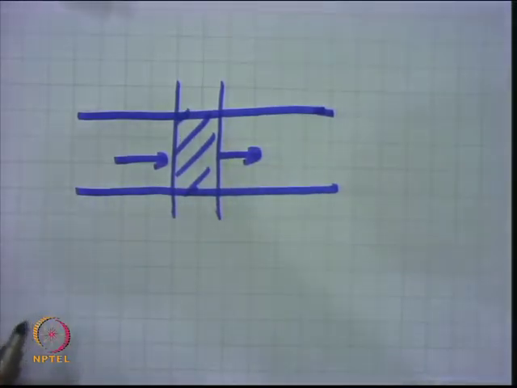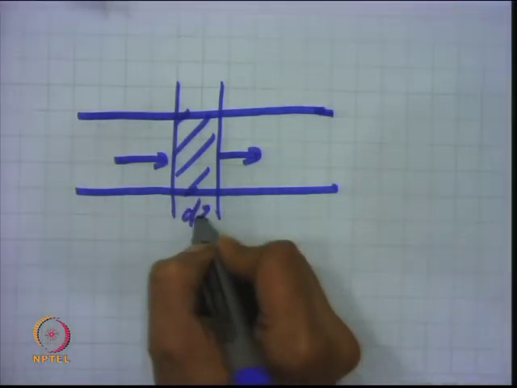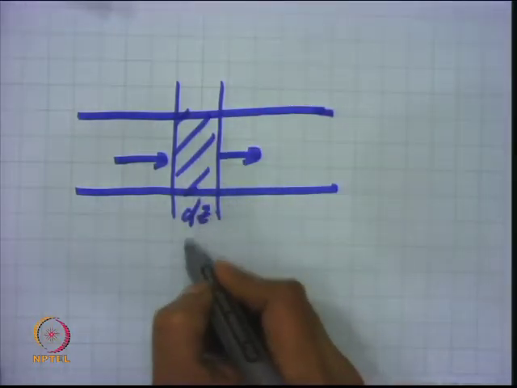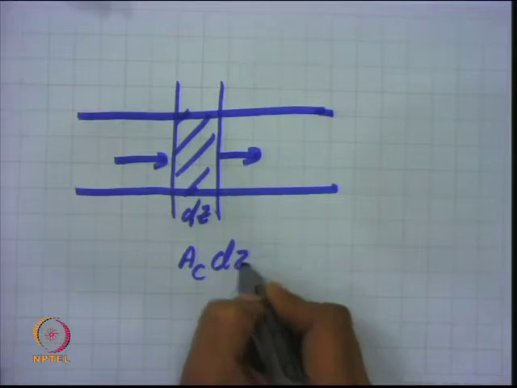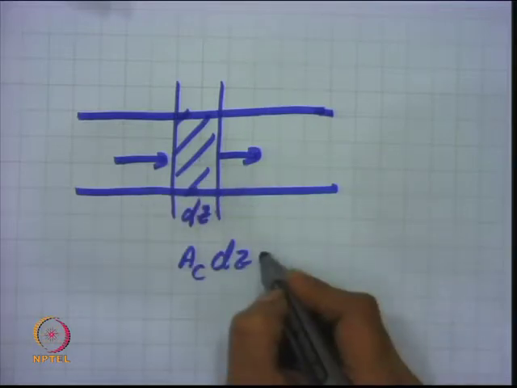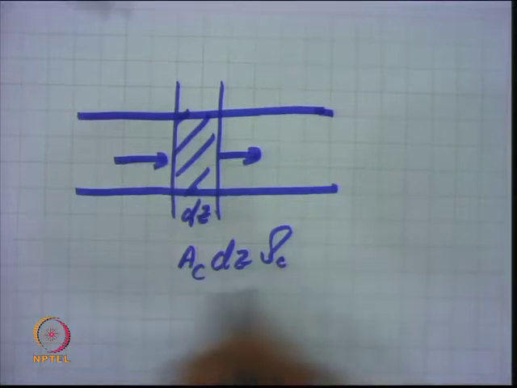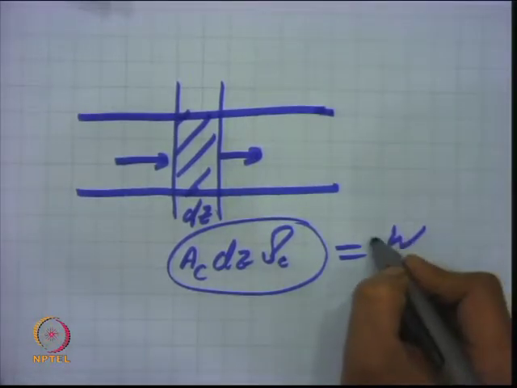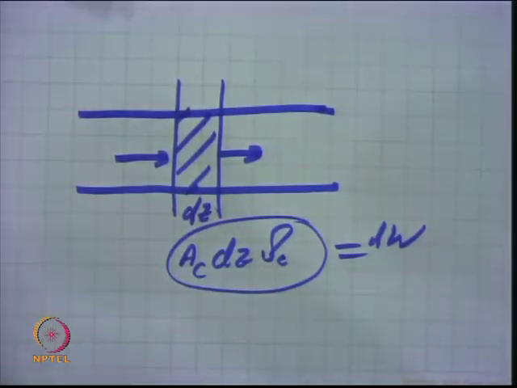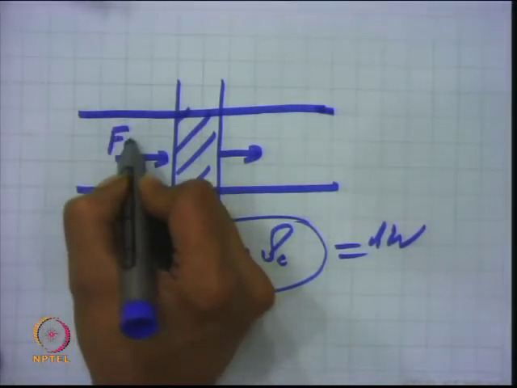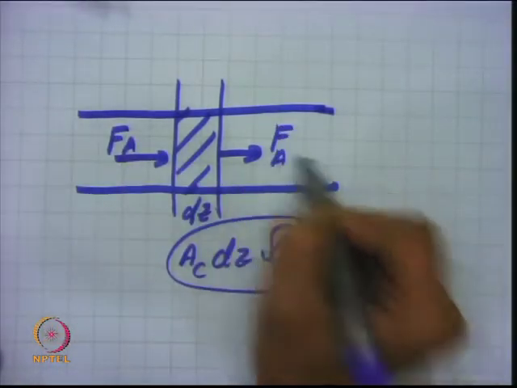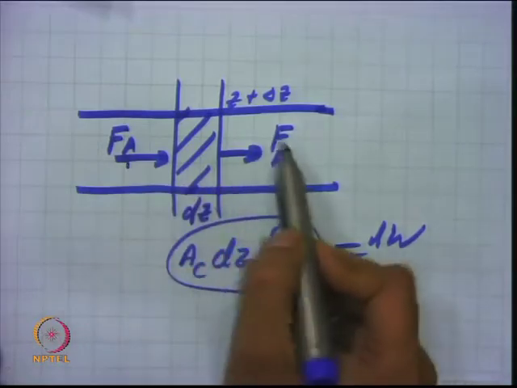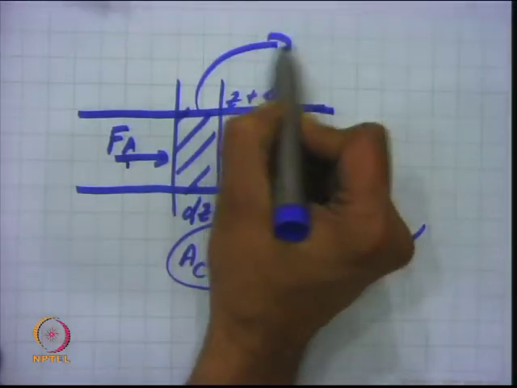mole balance equation, right, and this is the delta Z or dZ in the reactor. So, this is your area of cross section into dZ. That is the volume of this section, right, and if you multiply it by the density of the catalyst, which is the bulk density, that is the mass of the catalyst in the bed, right. So, this is your W, the mass of the catalyst in the differential section. When you write a mass balance, something is going in here, FA, and something is coming out here at the distance Z plus delta Z. So, you know your material balance: input minus output minus disappearance because of chemical reaction within this system.